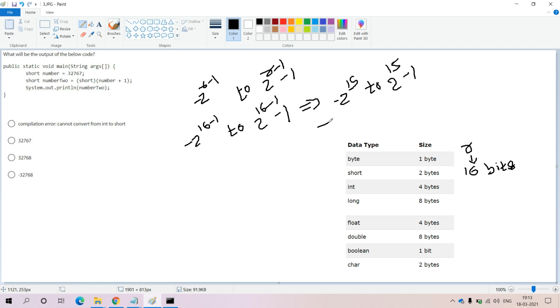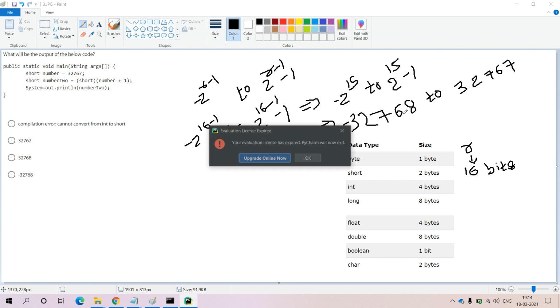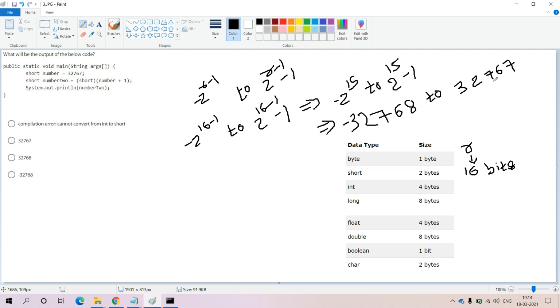Now 2 power 15 is 32768, so minus 32768 to 32768 minus 1, which is 32767. This is the capacity of the short data type, from minus 32768 up to 32767. This is the range of the short data type.